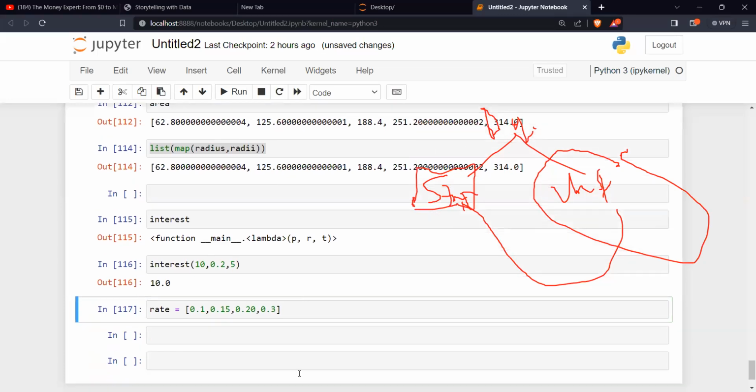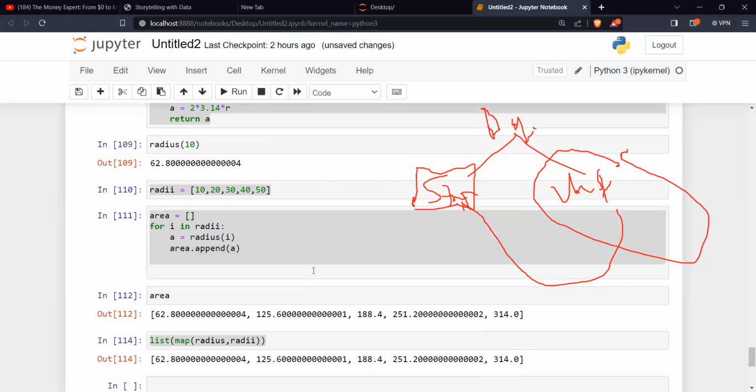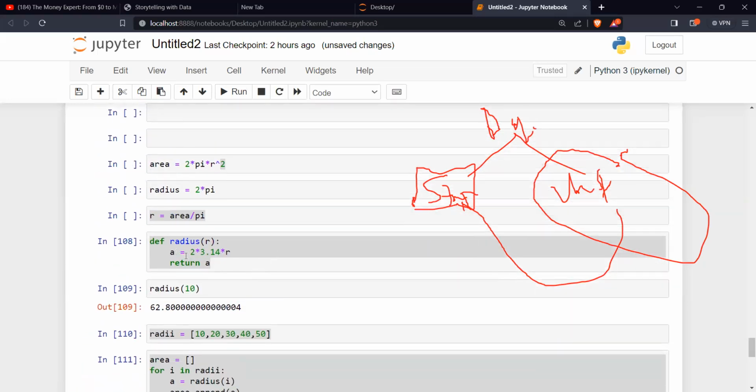So we now know the rate. Because you see in this instance, all these other ones were constant. It's only this rate that was changing. Do you see that? Only the rate that was changing.